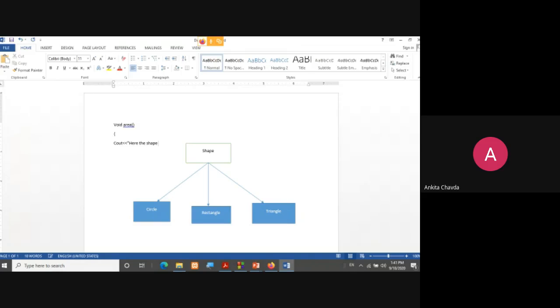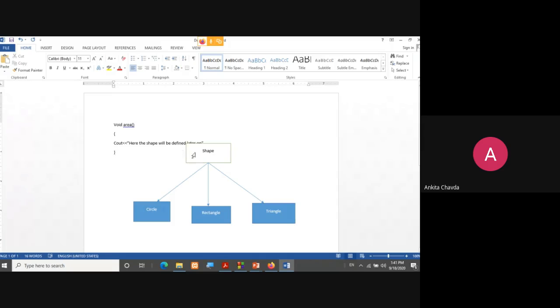The shape will be defined later on, right? Such kind of things I can write. Otherwise, I don't have anything to write over here. So, whatsoever I'm writing inside this void area, that is just a waste of time. I mean, if you are not writing, then also it is fine. And if you are writing, then also it's fine, right? But useful statements I don't have.